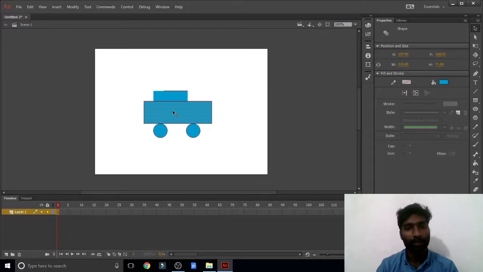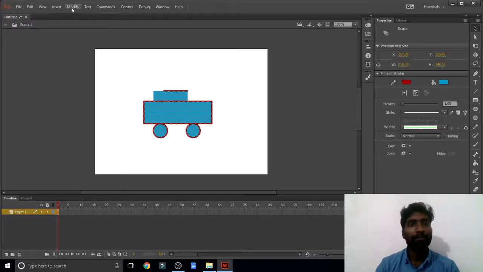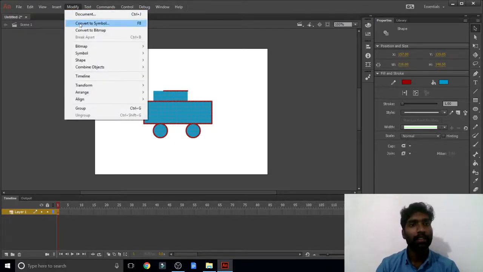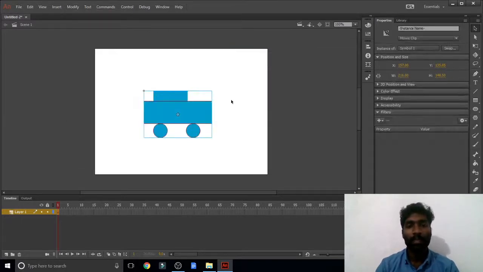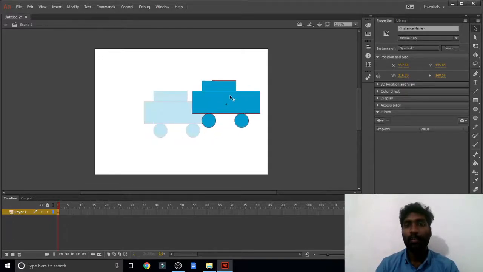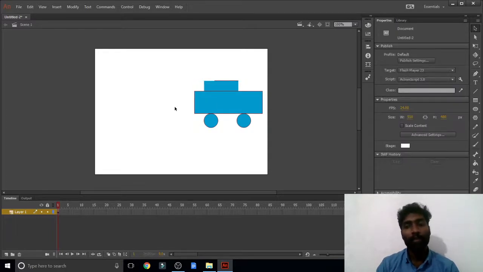Now see here, only this is selected. Now select all. Now in Modify, choose Convert into Symbol, and give whatever symbol name you like. Now if I click here, everything is selected, meaning this is now one object, converted into a symbol. Different objects converted into a symbol.